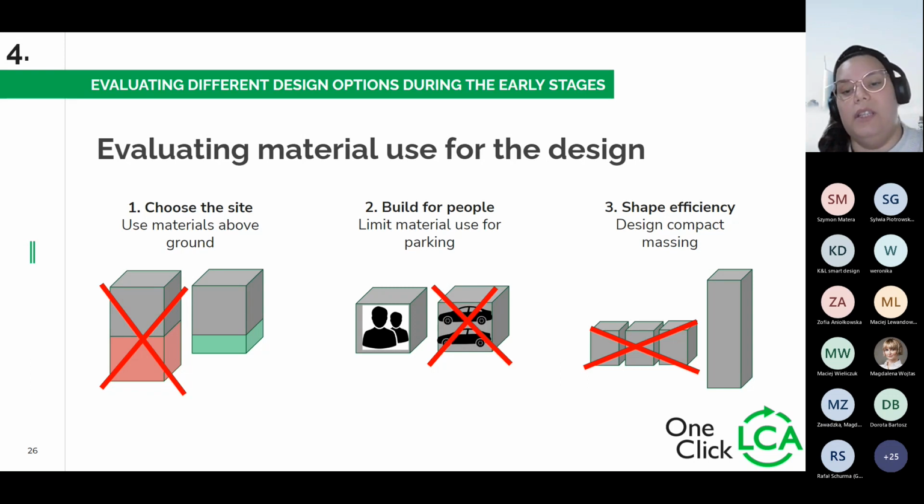So all of these would generate more emissions than if the building was set on top of the ground. Also, focusing on building for people, so limit the material that will be used for cars or other types of vehicles or other purposes as well,